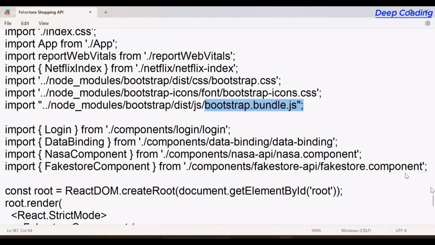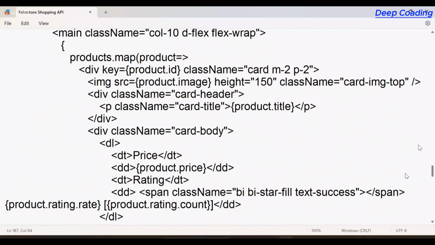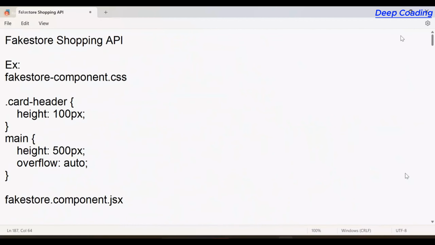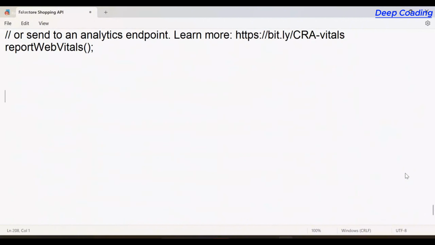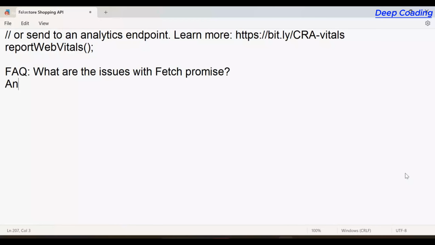So this is the complete example which you saw up to now, right? But here we are communicating with the API and we are designing all this using fetch promise. Now, the question here is, what are the issues with the fetch promise? That means currently we are using fetch promise in React to communicate with our APIs, which is okay. It is working fine. We are doing everything fine. But what is the problem with fetch is, first point is fetch returns